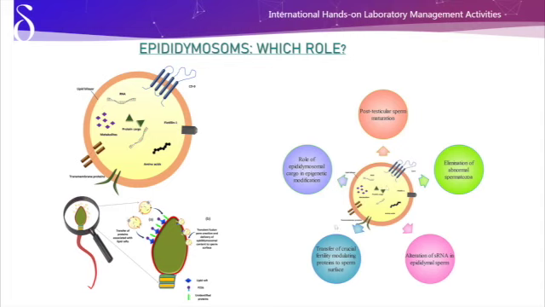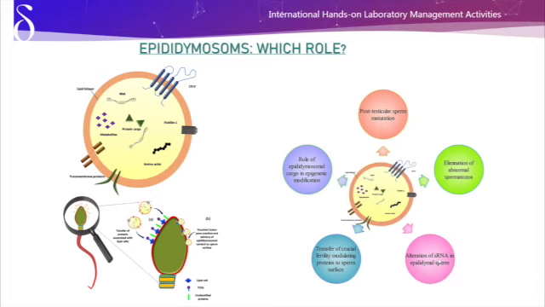They are involved, you see, in all the post-testicular sperm maturation. They are involved in epigenetic modifications within the nucleus, in transfer of crucial fertility and modulating protein to the sperm surface,